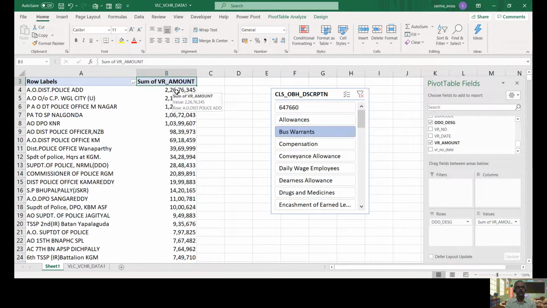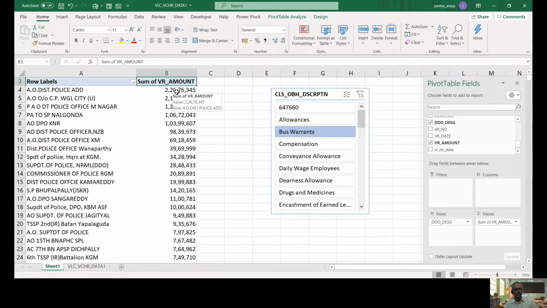If we have the voucher numbers also, then it will be easy for us to see whether, when they withdrew from the government, it was remitted in the same month or a subsequent month. Suppose it was withdrawn in August 2018 and remitted in March 2019. Then again, it will be an audit objection. Why did they keep the amount with them? Why did they not immediately remit it to the Road Transport Corporation? That point also we can observe, and we can issue an audit objection to the DDO, right?